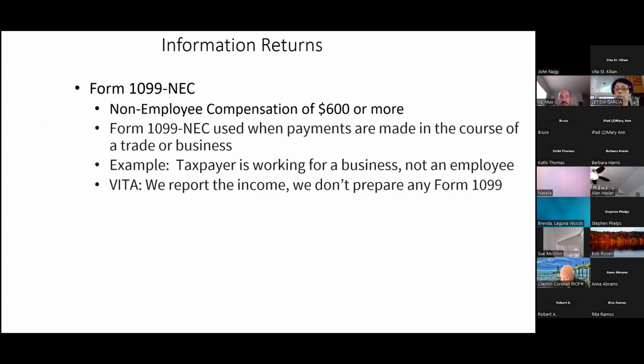And so for the NEC, again, this will cover an individual who's not an employee. And so typically that would be someone who's self-employed. And of course, when you have self-employment, that's going to be that Schedule C as in Charlie. And you're going to report that self-employment and then any ordinary and necessary expenses pertaining to that income on the Schedule C. And so as it says in the second bullet, this is typically used when payments are made to an individual in a trade or a business.